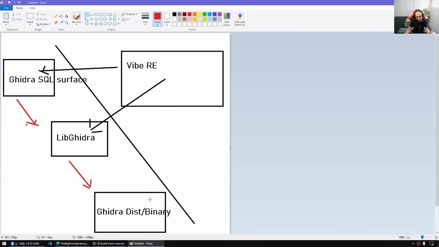So it's bidirectional essentially. Ghidra, through the libhost, API host, I will show you in the Ghidra UI, replies back to the RPC, libghidra replies back to the SQL surface, and your coding agent, all it sees is just the SQL result. And using only that,